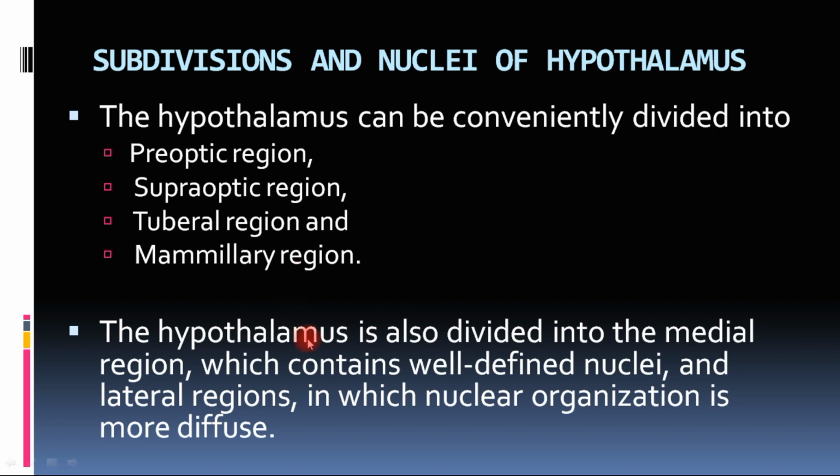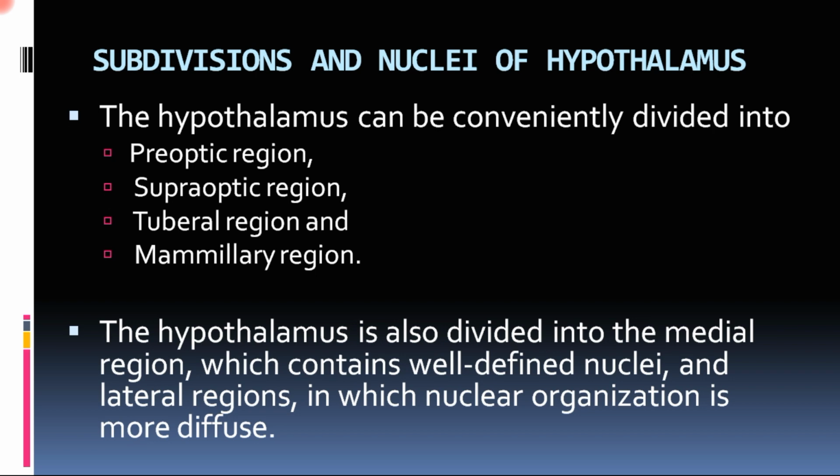Hypothalamus can also be divided into medial region and the lateral region. So the medial region contains well-defined nuclei, but in the lateral region, the nuclear organization is more diffuse. It's not well-defined, it is diffuse. So hypothalamus can be divided into various regions, medial and lateral. When we divide hypothalamus in medial and lateral region, medial is the one which contains well-defined nuclei, lateral has a